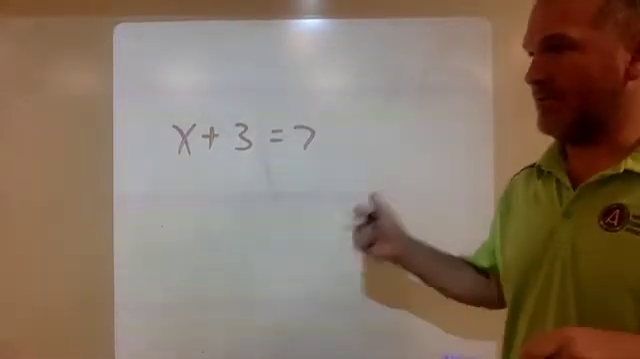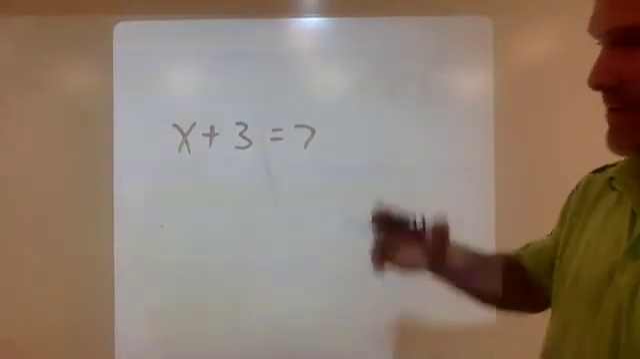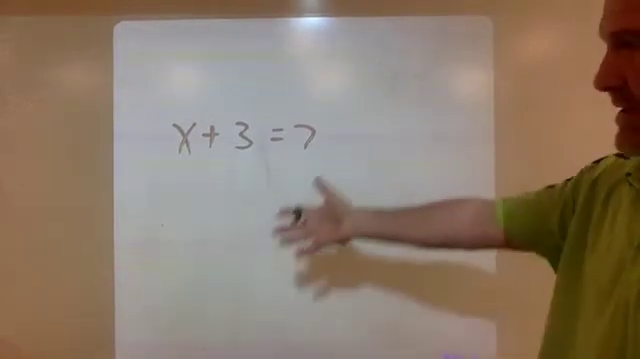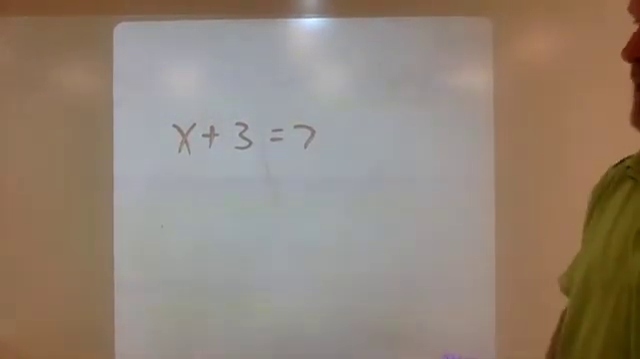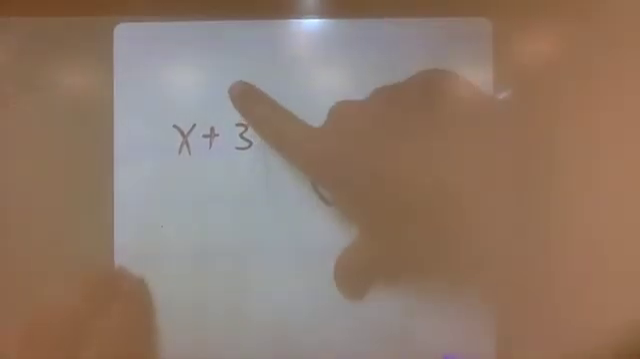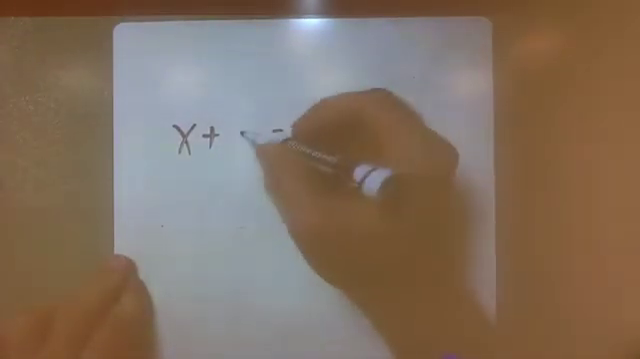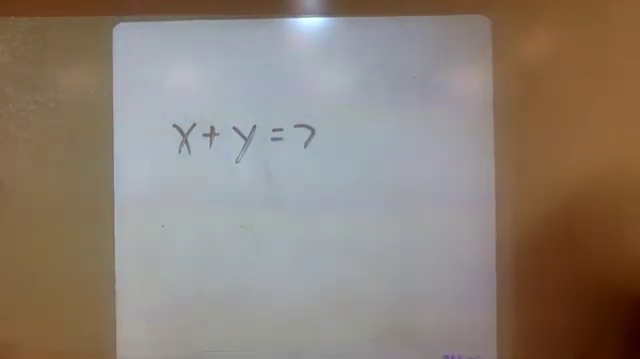All right, we're done with y equals mx plus b for a little bit. Now we're going to get back to solving equations. Here's an easy one. X plus 3 equals 7. Obviously, x equals 4. However, if we did not know what the second number was, it was another unknown, say